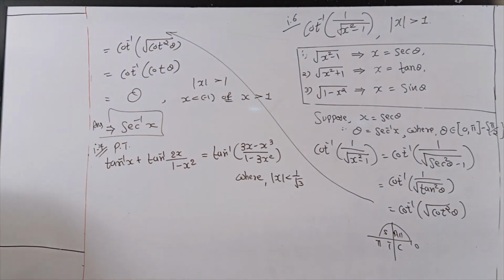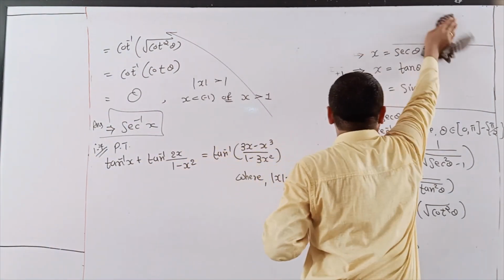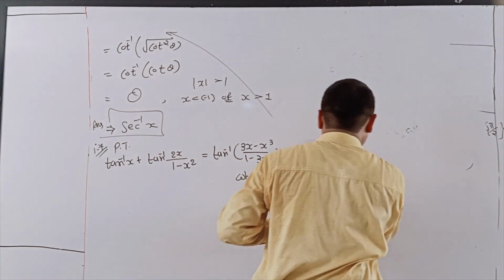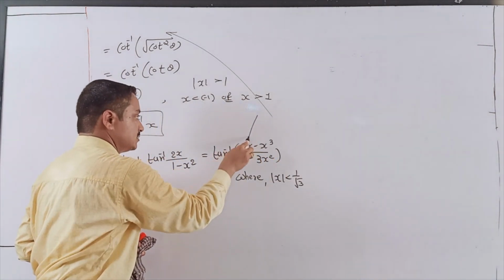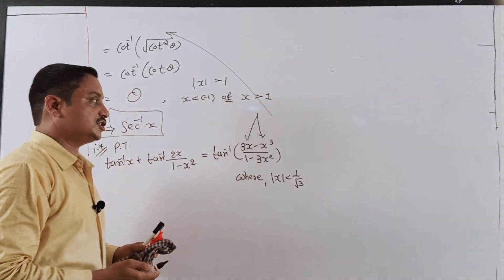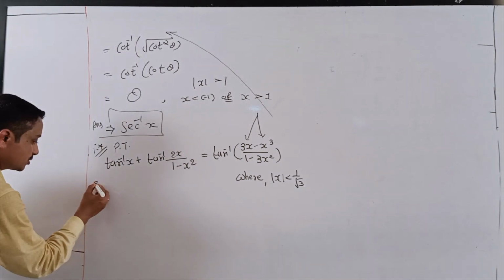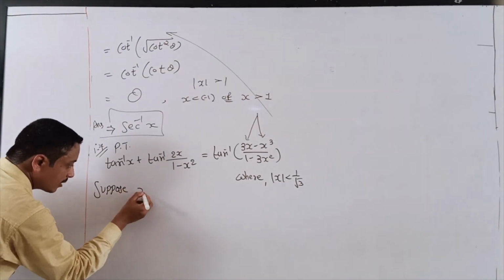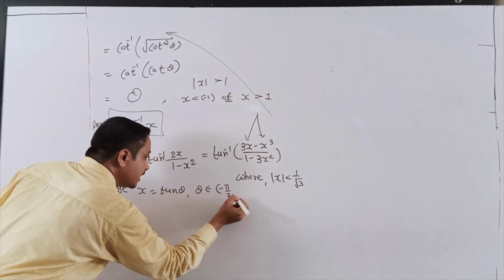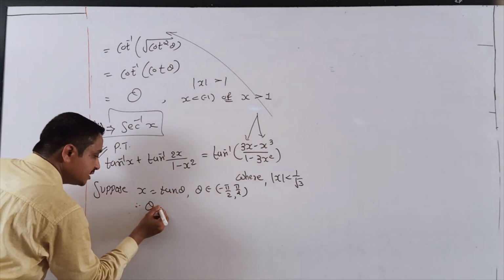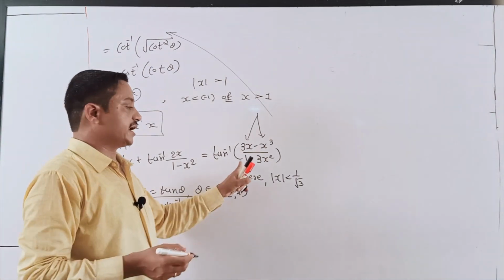So this property, why do I utilize it in these numericals? Can you see, students? Can you remember the formula for tan 3 theta? Yes, this formula is known to you. If you judge x is equal to what? x is equal to tan theta. So suppose x is equal to tan theta, and I assume theta belongs to my interval minus 90 to 90. So theta is equal to what? Tan inverse x. And after that I start my RHS part.